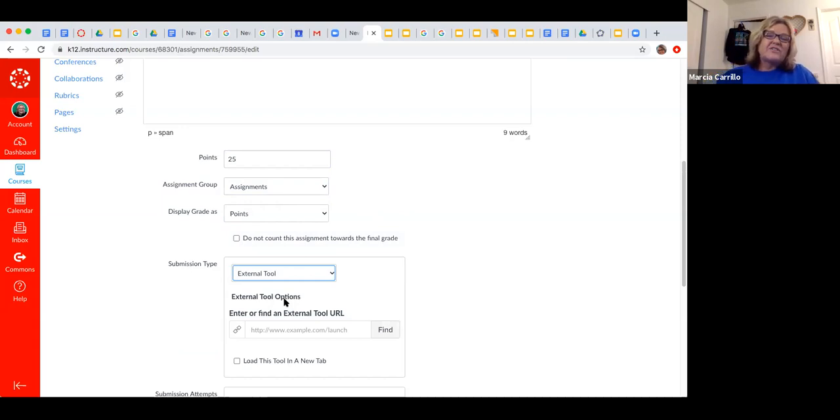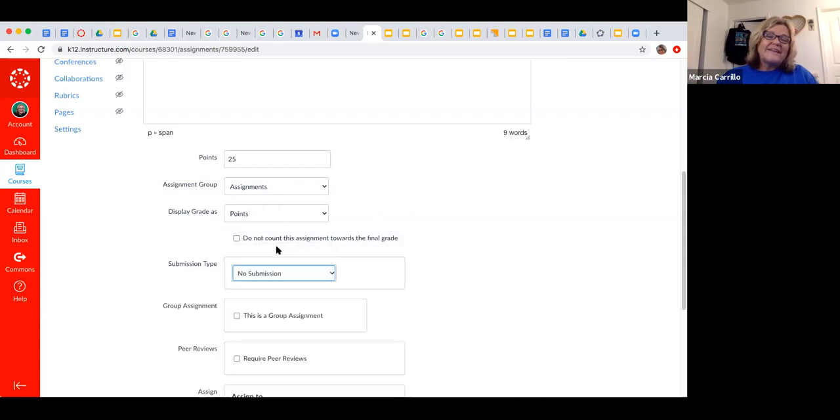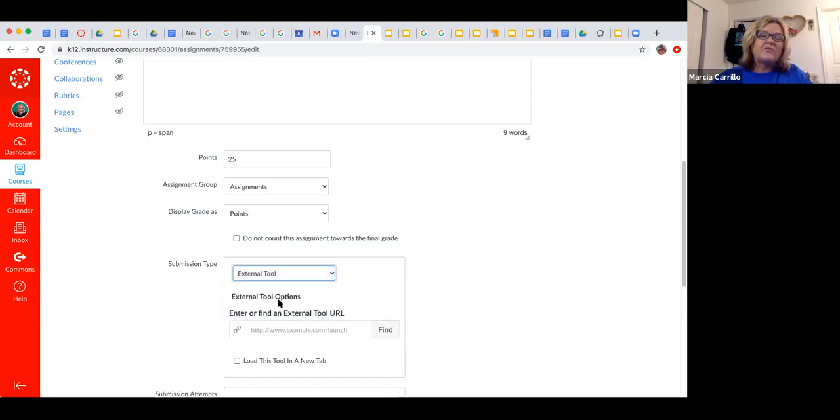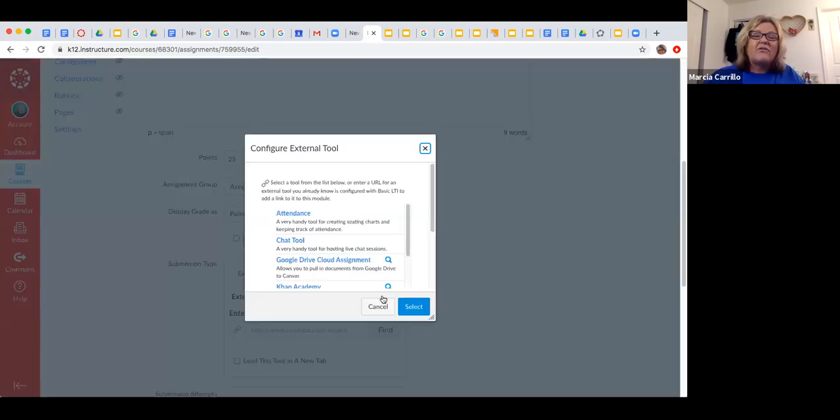Okay, let's look at that again. Submission type. It's a default for no submission. What you want is external tool. Yeah, maybe you do want it to be on paper if you were in person. Maybe you want it to be something online. Today, we're going to look at the external tool, and we're going to find the external tool. And this is where you find out that